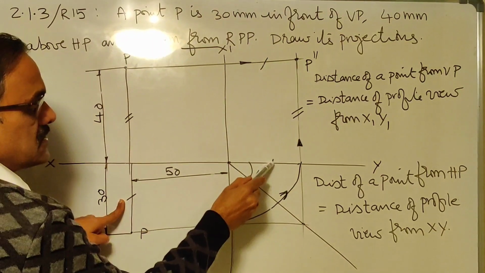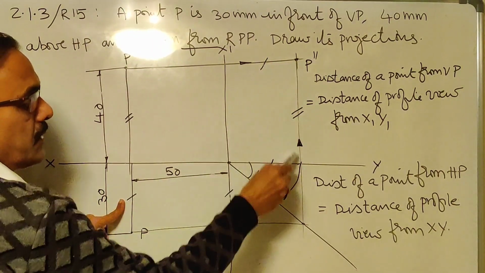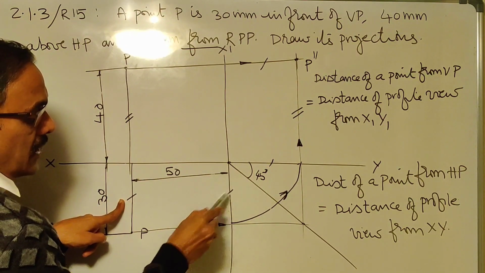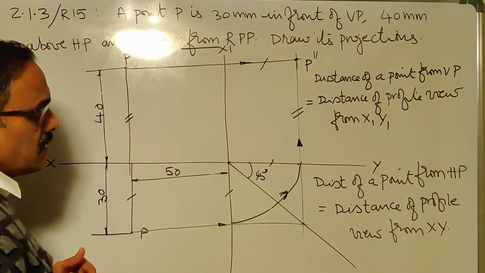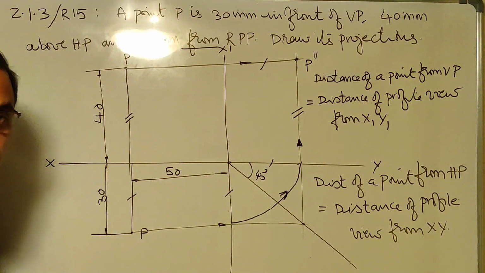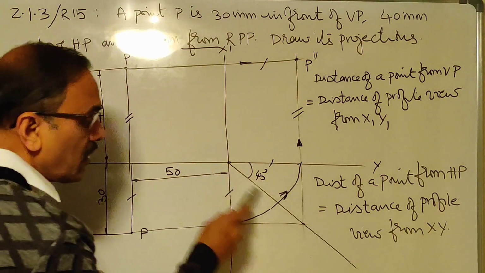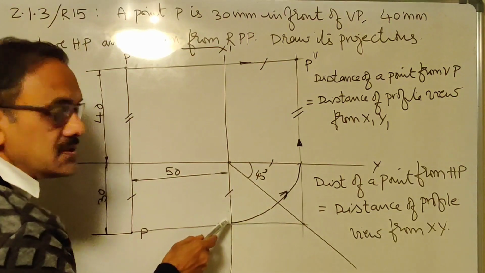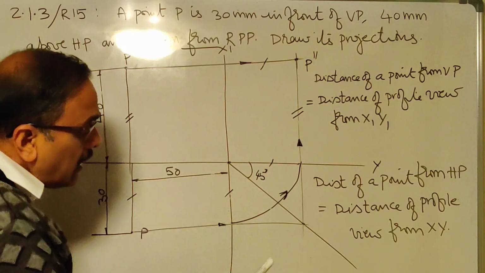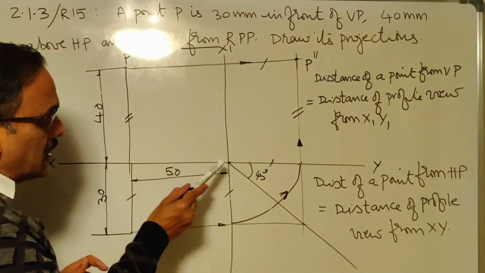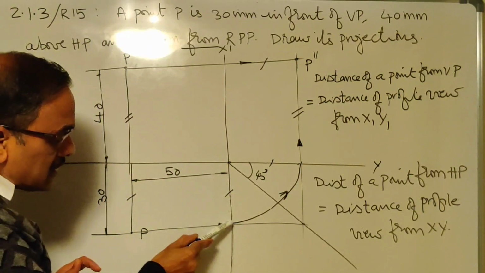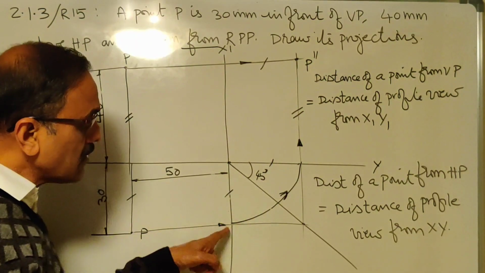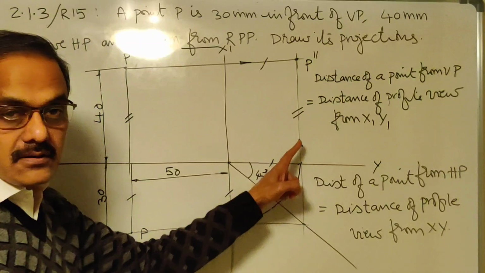So these two should be equal. Now this distance and this distance are the same, is it not? Because this is a perpendicular. So I have put a single dash here. So as per the statement, these two distances should be equal. If they have to be equal, then I have to draw a 45-degree line here. Only when this line is a 45-degree line, these two distances can be made equal. Alternatively, you can use a compass also. Take this point as center, using a compass, this as radius, you can draw an arc, so that this distance is made equal to this distance. That is an alternative method of doing it, drawing the arc.